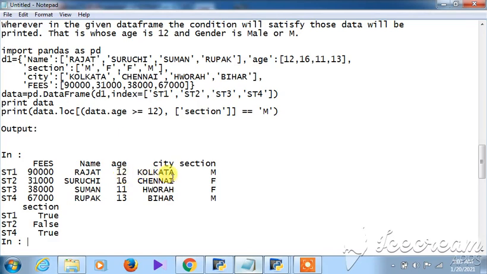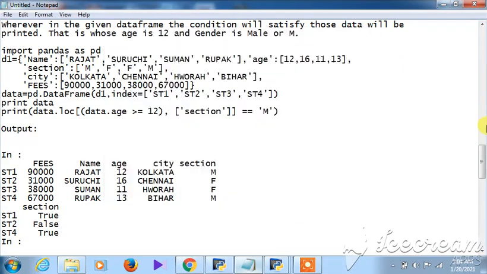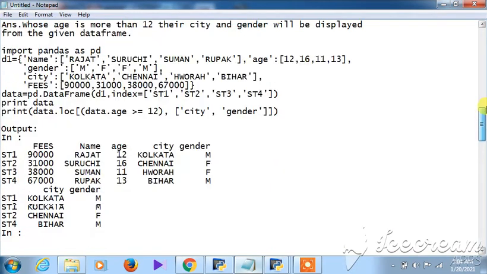Wherever it finds true, it is printed, but wherever it finds false, it is printed as false. You can see here st2 is false, because f has been given, as it is female. That's why it has appeared as false, and here it is coming as true. So these are the question answers that have been given here.